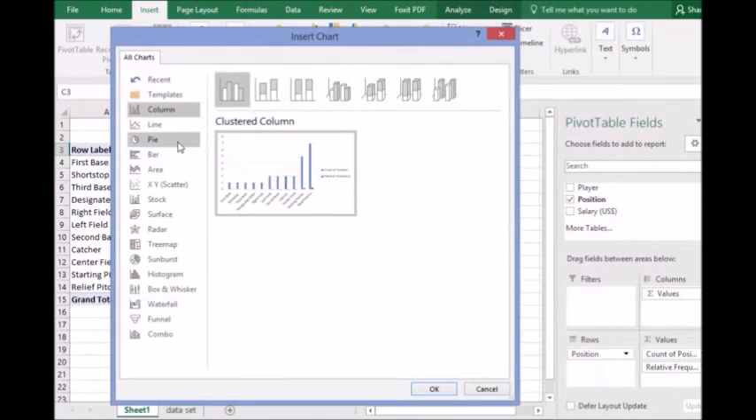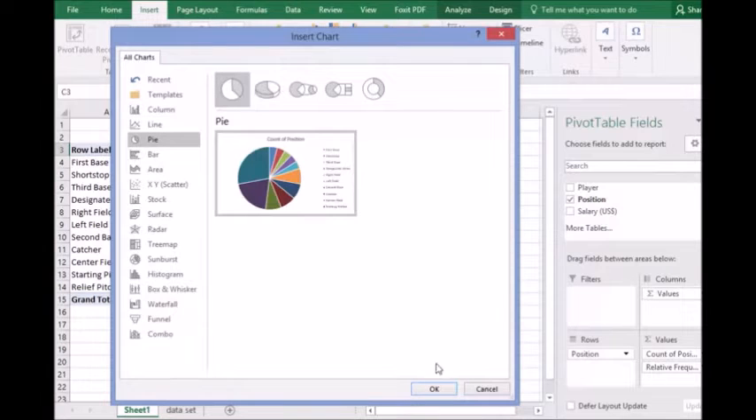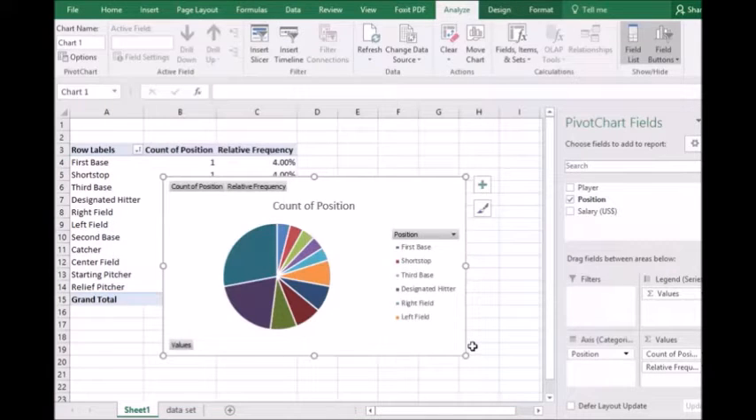I'll go with the 2D pie, and now a pie chart has been inserted into my pivot table sheet. In this video, we have demonstrated how to build a frequency table with a qualitative variable using the pivot table